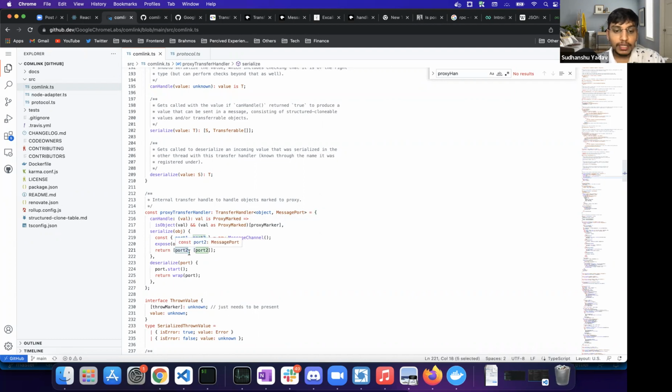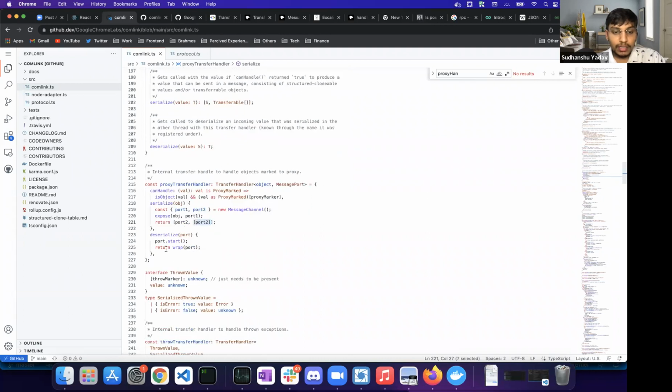So in transferable objects, I told you that you have to pass the actual data, and you have to pass the transferable piece on that. So in message port, the port itself is a transferable piece. So you have to pass that as a transferable object. And on the deserialize, okay,